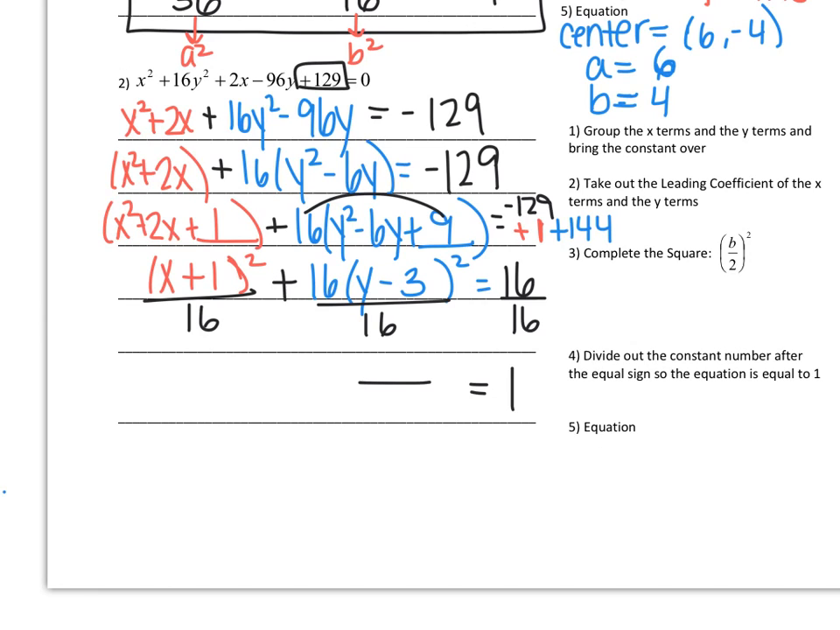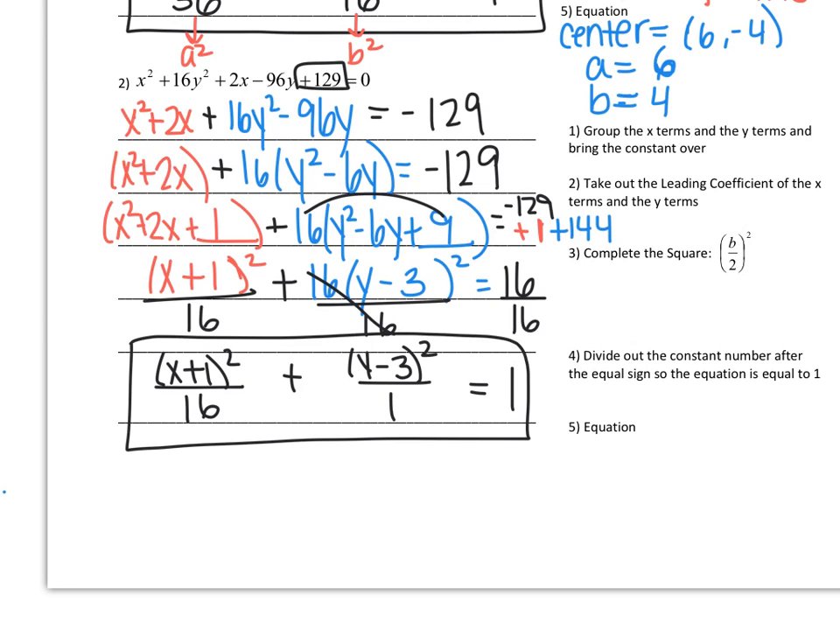So this equals 1. And this side stays, the x plus 1 squared over 16, plus, now look, these will cancel, and that's okay. They divide out to 1, so the 1 can stay on the bottom, so it's y minus 3 squared. So this is my equation of my ellipse, where the 16 is my a squared and the 1 is my b squared. Therefore, since the first number is greater than the second number, we know that this opens horizontally. So horizontal major axis,